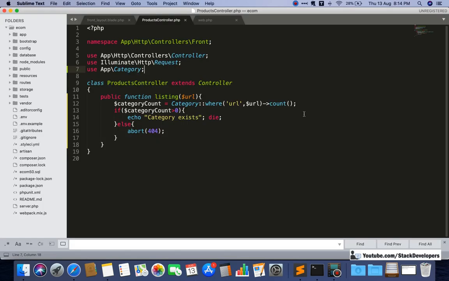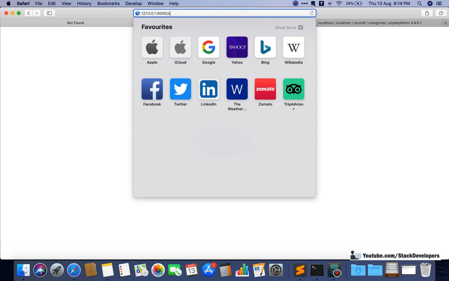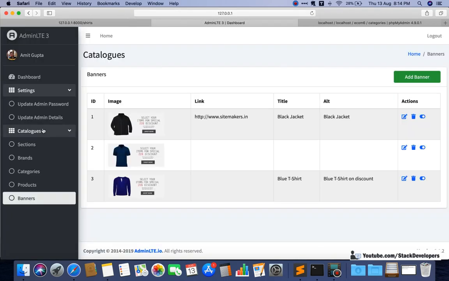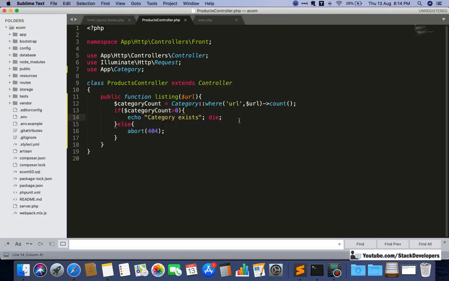Okay, so this one is clear. Now one more thing: if we open shirts, it shows the category of this. Now suppose I go to the categories and disable shirts. Then again it must not open, but it is opening right now.